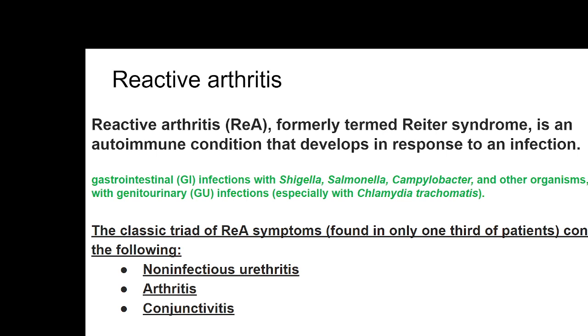If there is any infection, and there is an autoimmune response by the body that results in arthritis-like symptoms, that's considered reactive arthritis as such. That's one of the major definitions of reactive arthritis. A classic triad of reactive arthritis symptoms is seen in only one third of the patients: arthritis and pain in the joint, and conjunctivitis. But it's only in 30% of the patients that you see all these three sets of symptoms together,